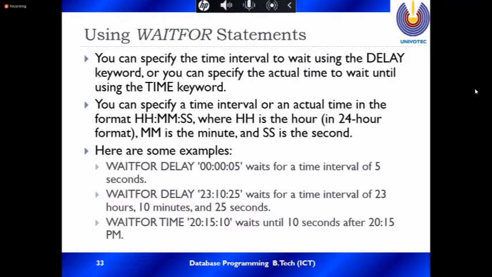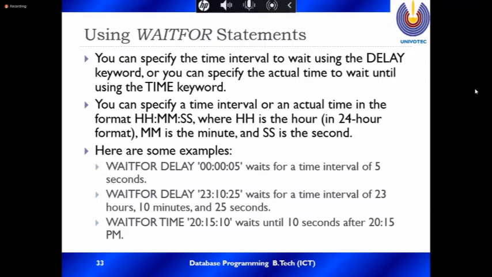WAITFOR TIME, then this is the particular time: night 8:15 and 10 seconds. It waits until 20:15:10. That means PM; we are using the 24-hour format, from 0:00 up to 23:59.